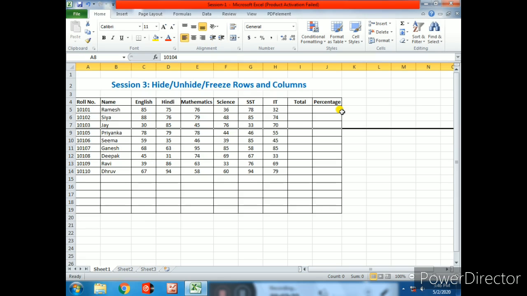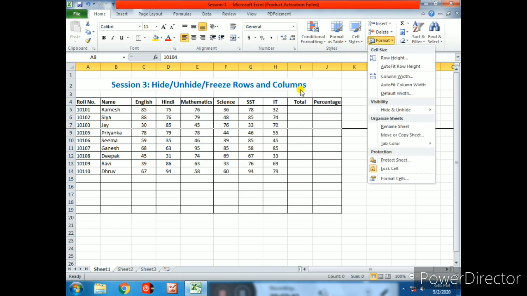Similarly, we can use the same method for hiding any columns or set of rows or columns. This is the hide option. Now to unhide the hidden rows, select the row before or after the hidden rows and select the Format.